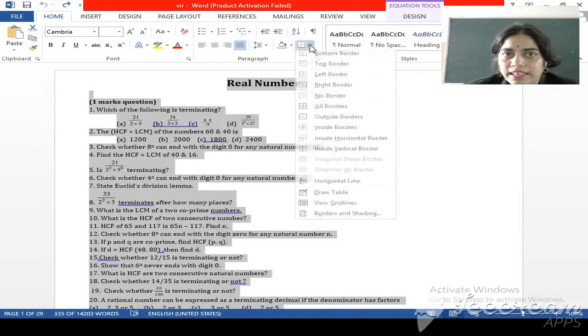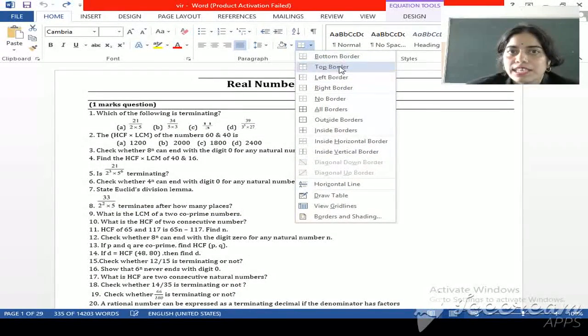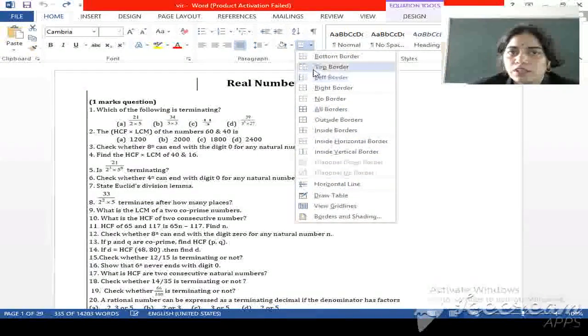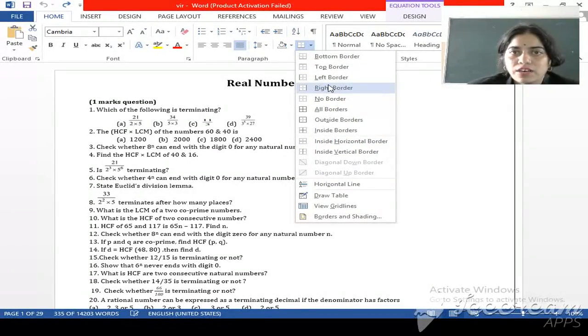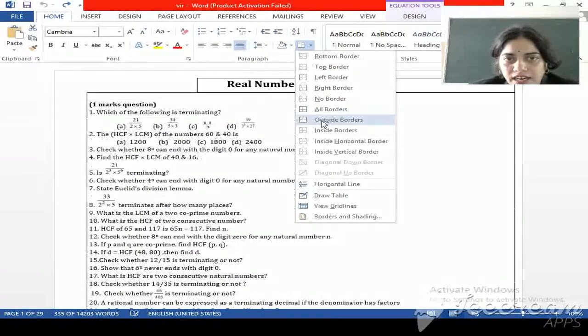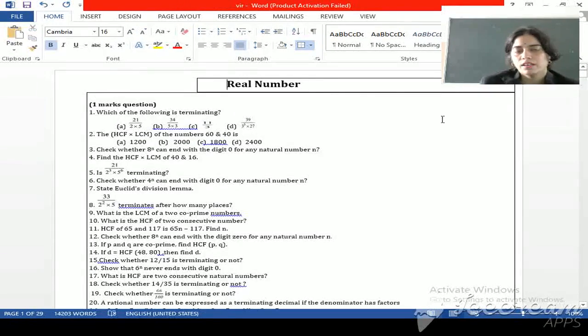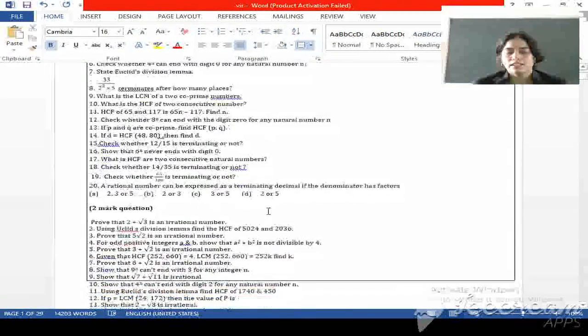When we click here, the border gallery opens on your screen. Whichever type of border you want, you can select it. Here I select the text, and after that we click here on Outside Border. When we click on the outside border, you can see your document is bordered.